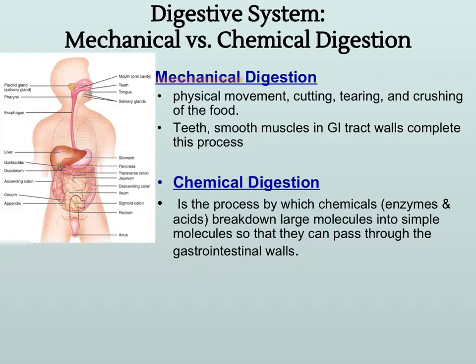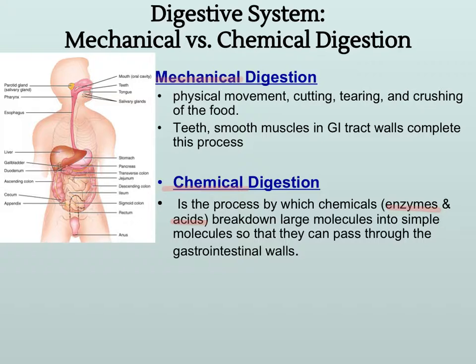But even besides that, when it gets into our stomach, we can't really feel it very well, but our stomach walls are going to kind of be churning that food around and kind of mixing it up. The second type of digestion is called chemical digestion. And this is what's going on behind the scenes once we've eaten our food, by various chemicals, enzymes, and acids that are going to really do the job of breaking down the food materials into absorbable molecules.